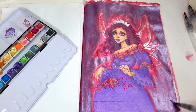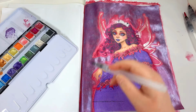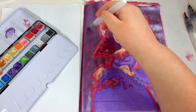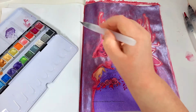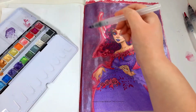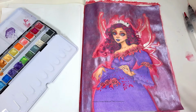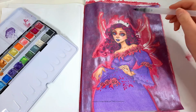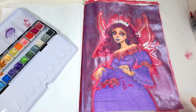See, I don't know why I was worried so much, because I think it did turn out well-ish. I like this a lot better than I did before. There is obviously bits where it's just not accepting any more watercolour. It's like, I've had enough, bitch. Leave me alone. But I think that's going to be that for the background, because that's all I can be bothered to do, really. So I don't know how long this video is, but I might as well